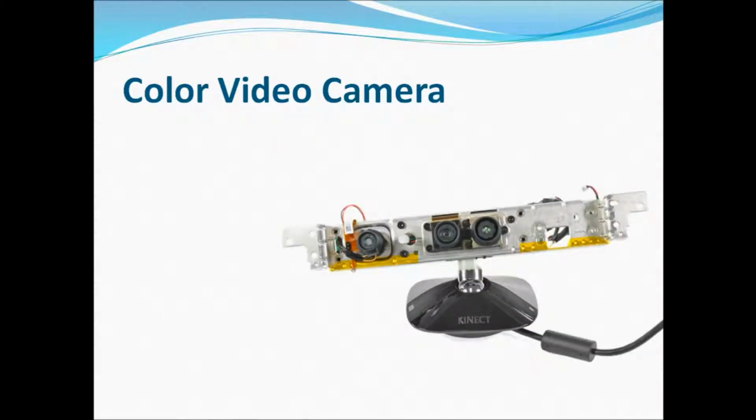The color video camera is an RGB camera. RGB stands for red, green and blue, the primary colors in the system used, for example, also by televisions, digital cameras, computers, smartphones and so on. This camera allows taking a color picture or a sequence of images for a video that will be used in facial recognition and other detection operations.